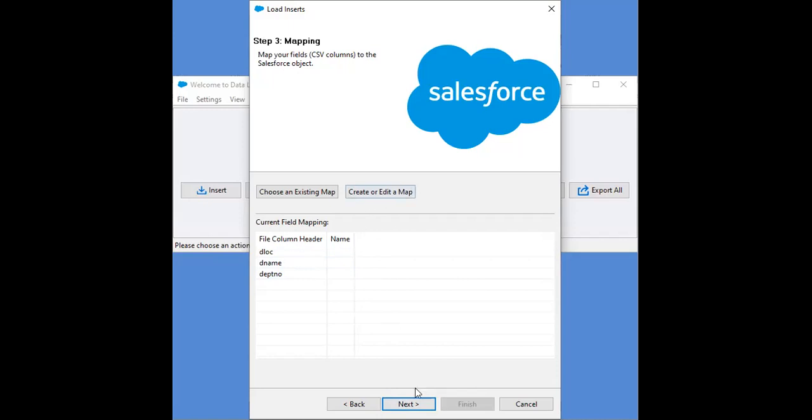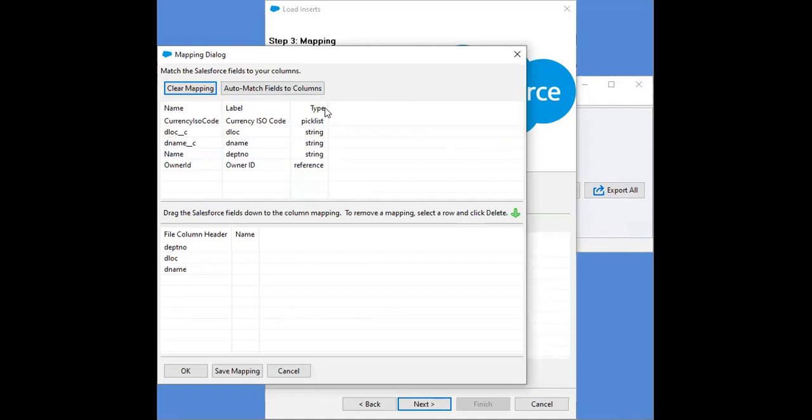You have to edit and create a mapping. I want to create the mapping here. What is the mapping in this case? I'm going to create the mapping here. How can you create the mapping?